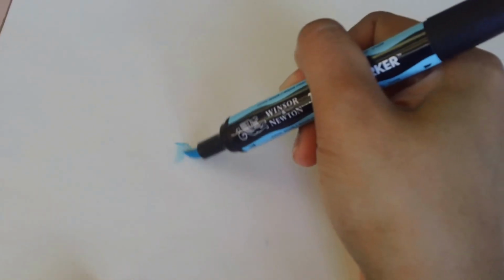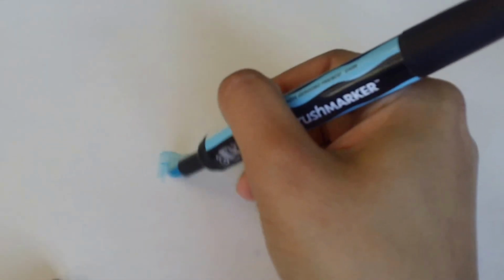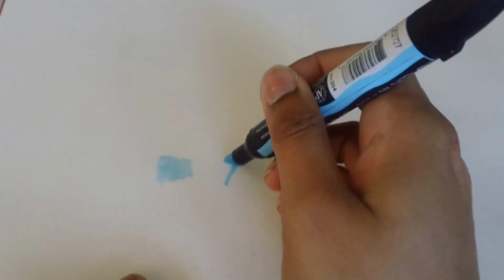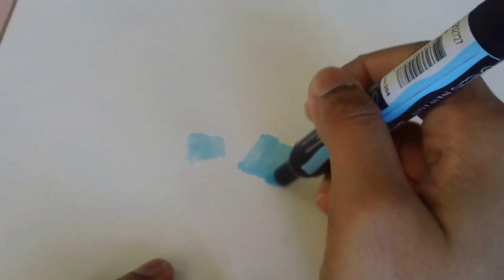Copics. And I have tried this in the store and I was like, ooh, this is kind of cool. I'm just using this on really cheap sketchbook paper. It comes with a brush end, which I'm using right now, and it's very flexible. I got this for the brush end, but I'm really loving the chisel end. It's very huge. I just like the chisel end way better. I don't want to waste any of the ink. That's why I'm just scribbling